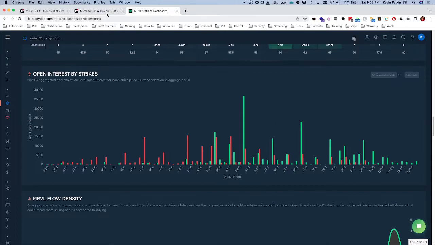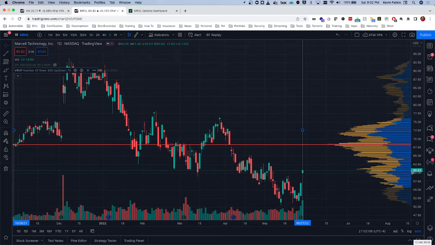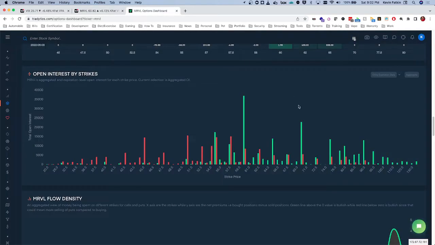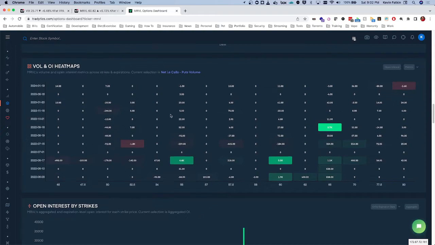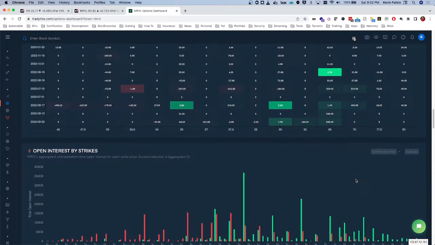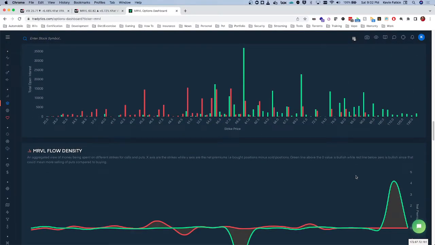So if we look back at MRVL, we are currently at 60.82. A lot of open interest at 70. So this could truly be a target. Now, we're not sure what the expirations are on those, but again, this is where you can start looking at the heat map up here to get a read on that. And you can see July 15th and June 17th. So yeah, that's great. This is short term. We have a lot of open interest in and around the 70 strike. So there's a good chance there's something going on here,